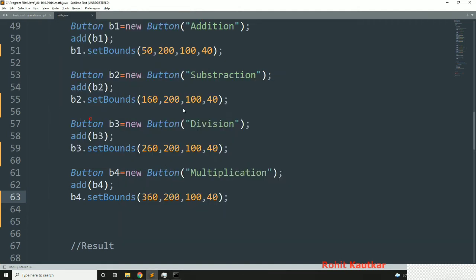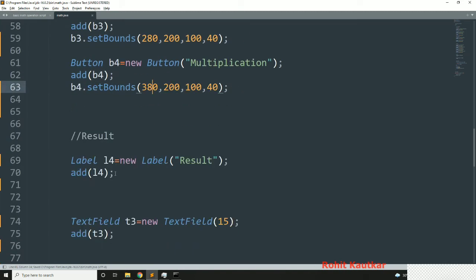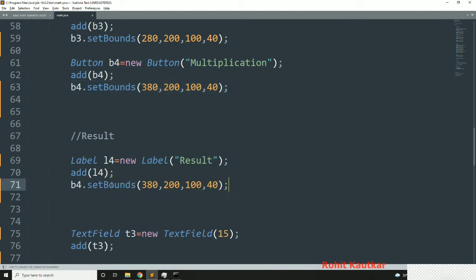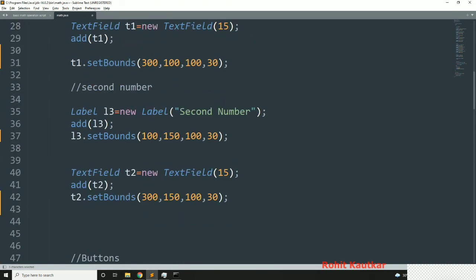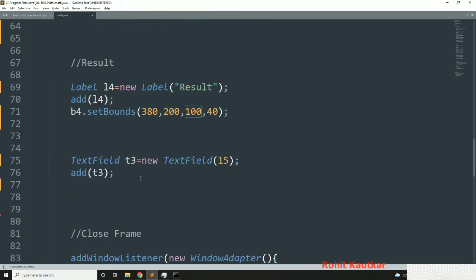So there should be a little gap between these buttons. Okay, and next to that we will try to display this result label. So this should be at 100, so it should be at 100.